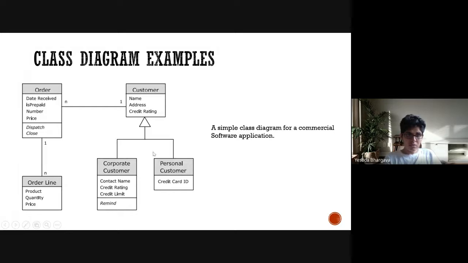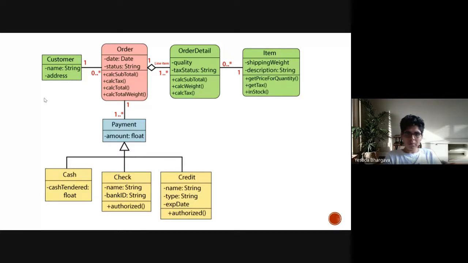And a customer has two types of customers: corporate customers and personal customers. And obviously, because the customer is associated with orders, the corporate customers and personal customers are automatically associated with the order class. So this is a very simple way in which a class diagram is used to show a deeper peek into the system design before it is moved on to the implementation stage. Talking about a bit more complicated diagram, if not much, try to look at this diagram.